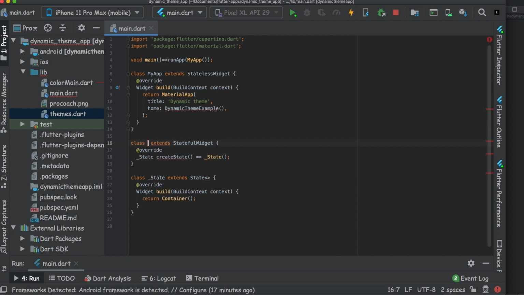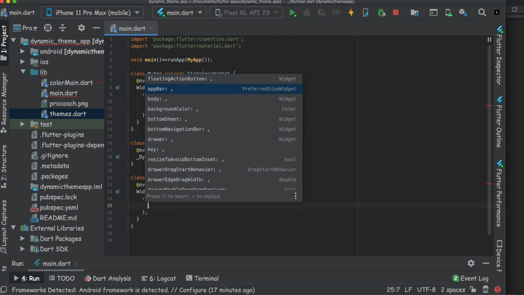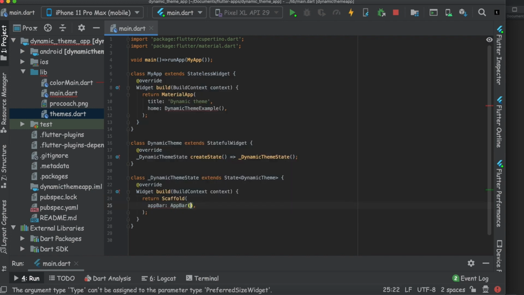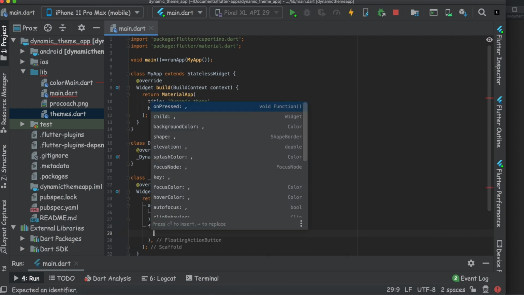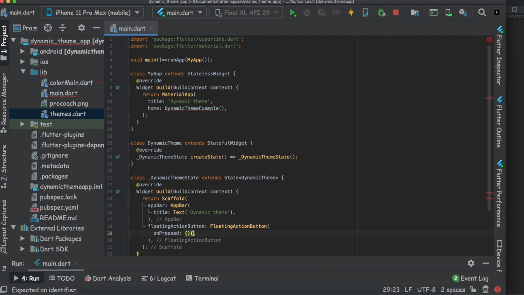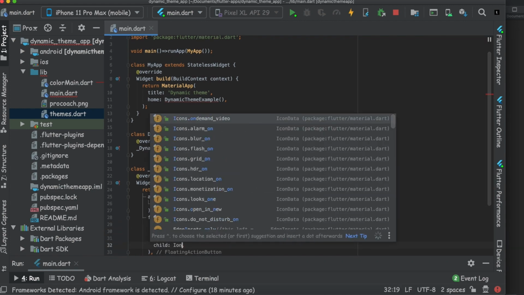We'll have a stateful class of DynamicThemeExample. It will have a Scaffold with an app bar and a floating action button. So the title will be dynamic theme, and it should be in Text form. Then there will be a floating action button with an onPressed functionality and a child of Icon.